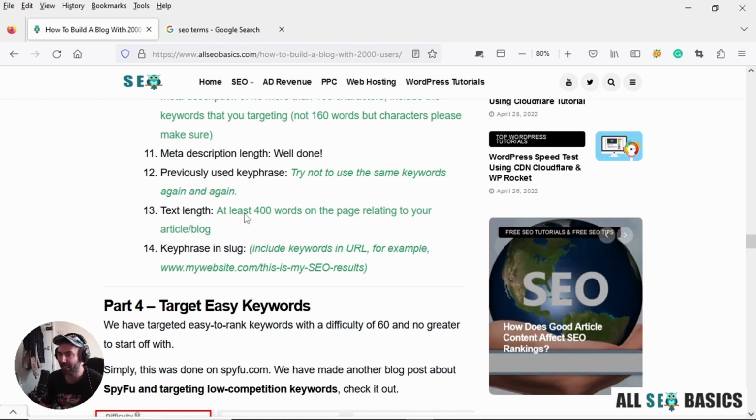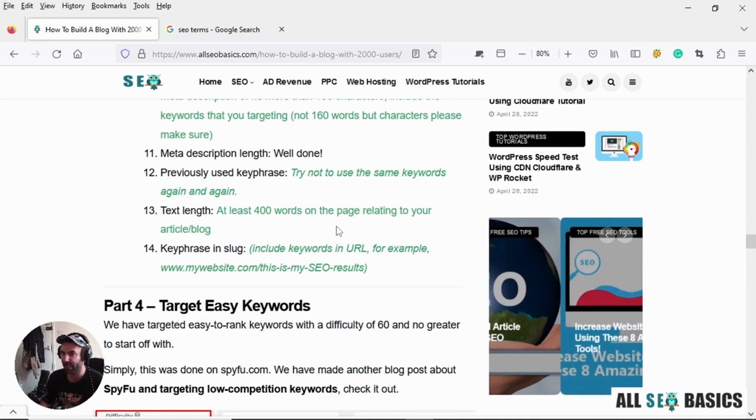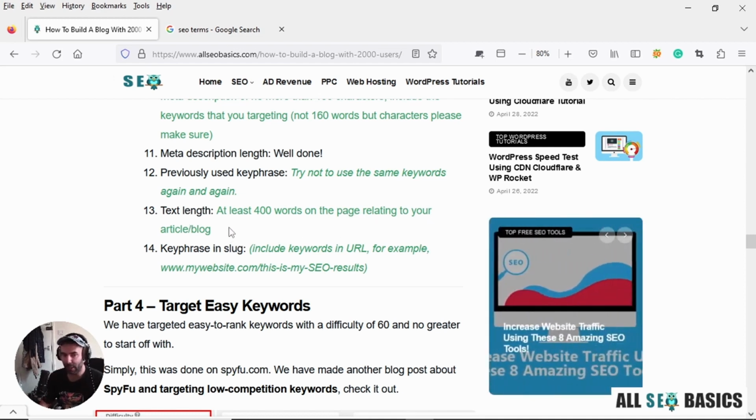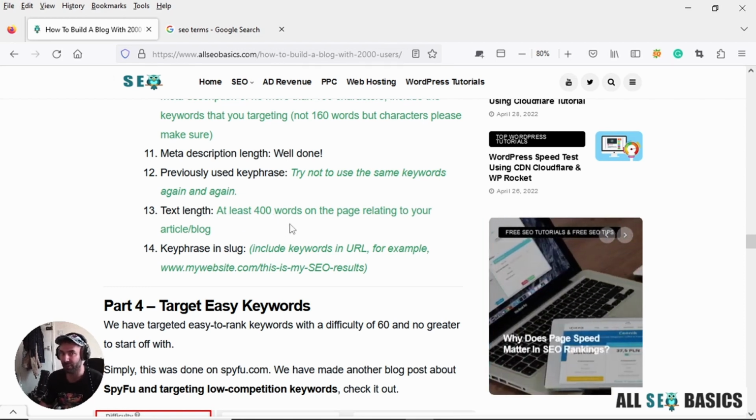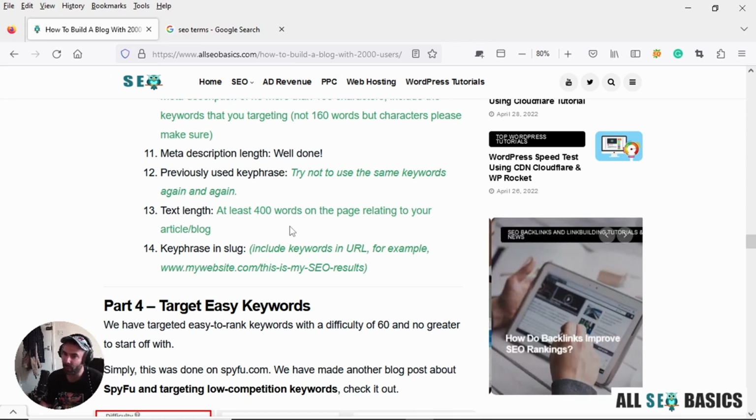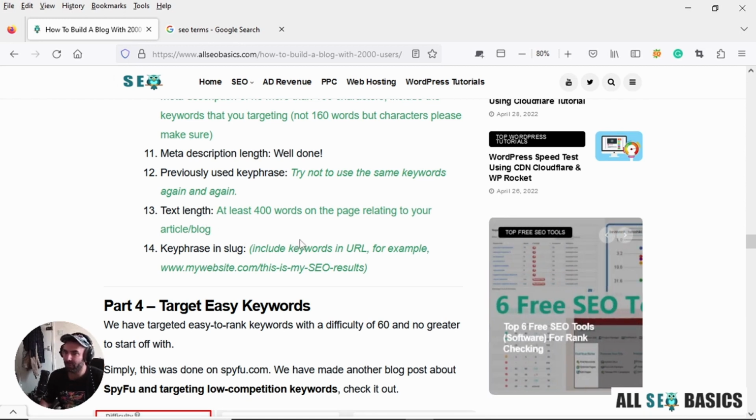Text length, at least 400 words on a page relating to your article or blog. Now, as the time goes, the actual recommended article length is 2,000 words. I would recommend writing at least 2,000 words. I have a blog based on music production, and I kind of stick to 400, 500 words. I do go back and forth and update them and keep adding content as I'm trying to improve and make